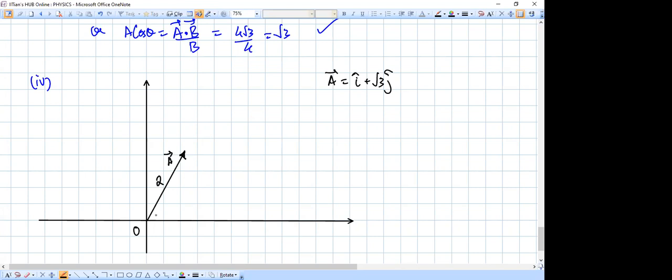It's of magnitude 2 we saw. And this angle will be 60 because tan inverse root 3. Now similarly, if you look at the vector B, it was 2 root 3 i cap plus 2 j cap. So the magnitude of the vector B was 4 units. Vector B is something like this, and this angle would have been 30, and this magnitude is 4. So that is why when we drop the perpendicular on B from the vector A,